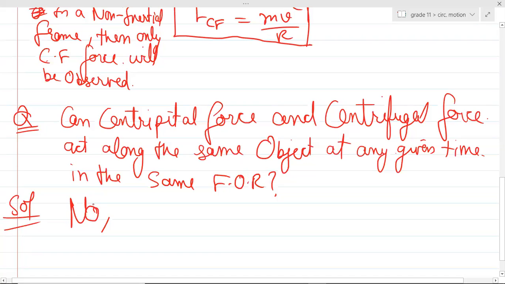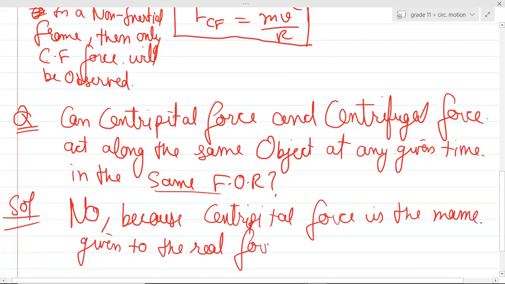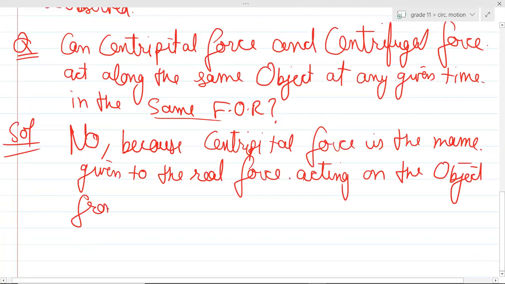Centripetal force and centrifugal force cannot act along the same object at any given time in the same frame of reference, because centripetal force is the name given to the real force